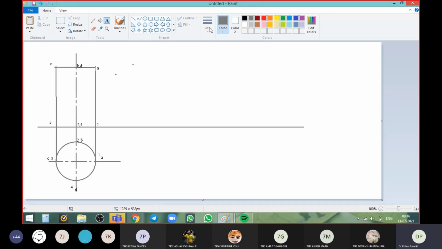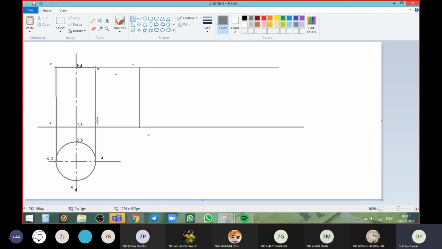I'll choose a different color, and we will take the projection lines. So now the development starts. Everybody pay your attention here. What we will be doing, the height of the cylinder we will take as a projector. The bottom we already have through the XY line. We will keep this as it is. Now we will have a line which will start from any point closer to this. From any point, we will start with the first face of the cylinder.